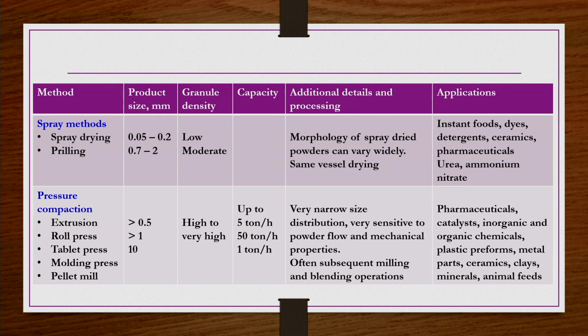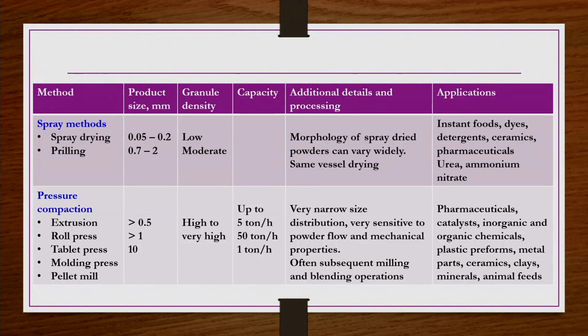On the other hand, for tablets or tablet presses, 1 ton per hour is their capacity. Because for tablets, specified amounts of material and specified sizes are used. After pressure compaction, in general you get a very narrow product size, because the compaction devices are very specific in size. Whatever material comes in gets compressed and forms a tablet or briquette.